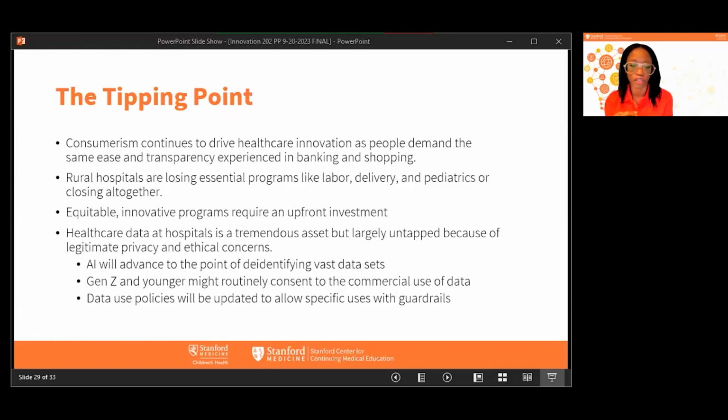And of course, as Ashu Tandon just mentioned, there is a lot of inertia, legitimate concerns, ethical concerns, privacy of how data can be used. But I think there are some elements. One is AI, and I think at some point AI will advance to the point of accurately and confidently de-identifying vast data sets. Generation Z and younger might be at the point where they would consent to commercial use of their data. And data policies at hospitals, I think, will be incrementally changed and updated with guardrails, but to allow for some monetization, alternative use of data